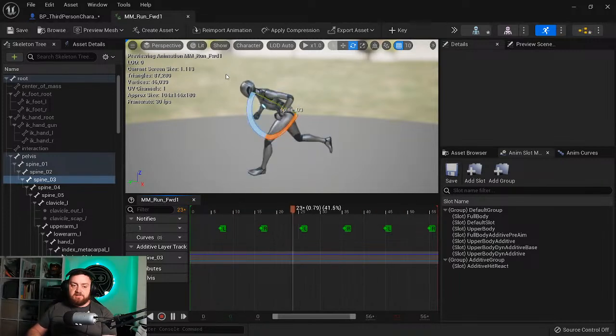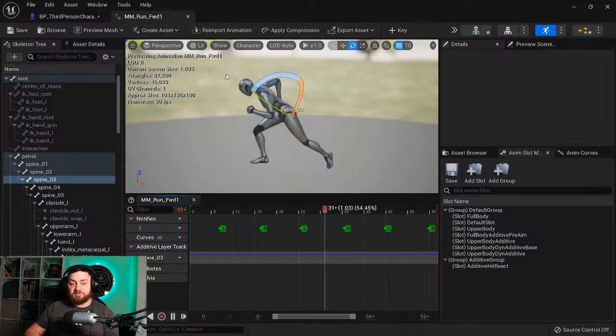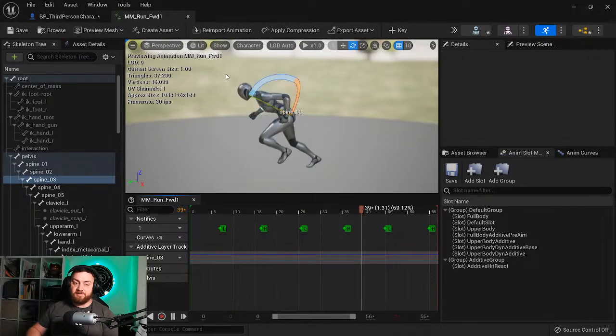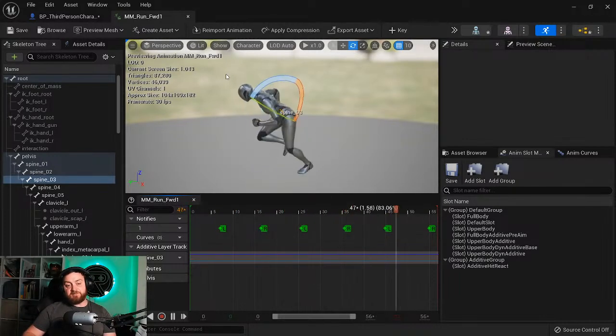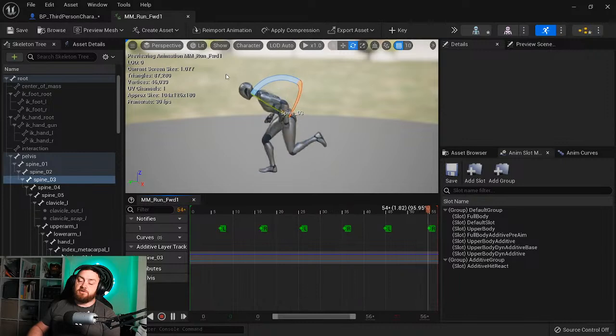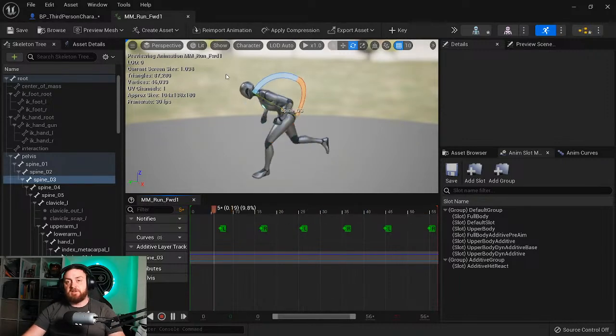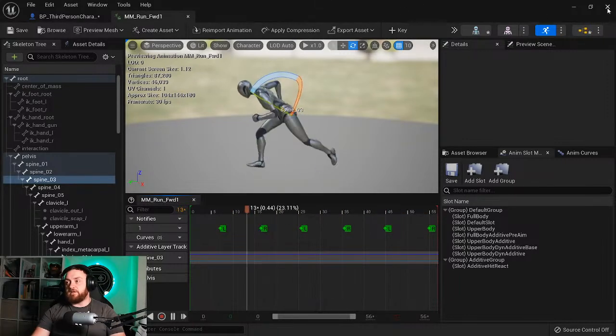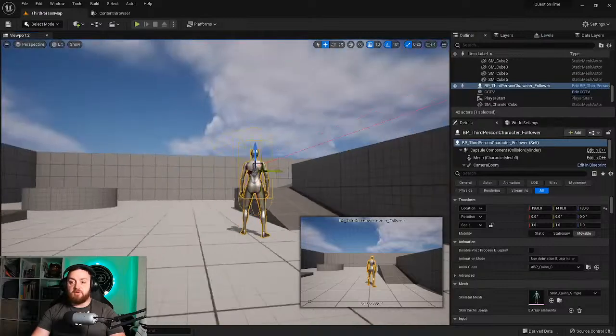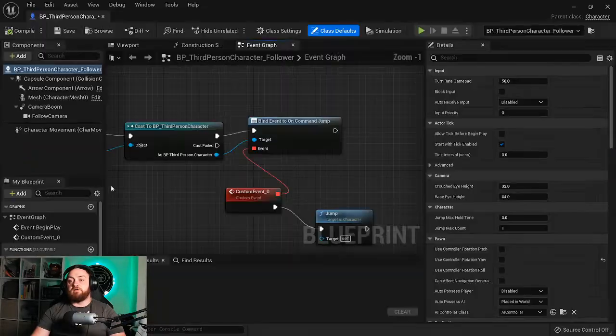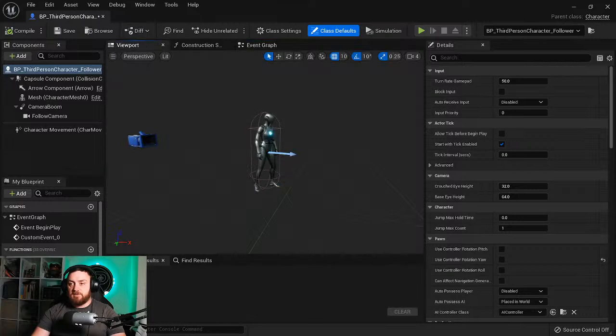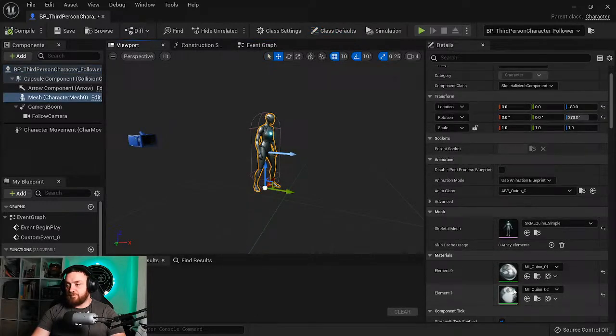Clog, is there an easy way to make a character transparent, like for a special stealth ability that doesn't completely disappear? No. You're gonna have to make a material that supports this. I would recommend, if you're looking for performance, I would recommend using dithering. So if I go into the material here,